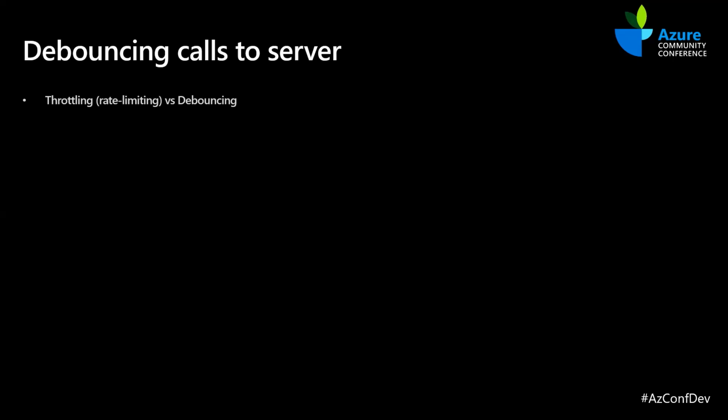So debouncing is, you wait for a period of inactivity before you generate the request to the backend. So let's say you have a burst of 50 requests. You don't immediately write all 50 requests. You essentially wait for some threshold, let's say 500 milliseconds. And if no further requests are generated after 500 milliseconds, you coalesce all the events together and send one request to the backend. So that's debouncing. Rate limiting is different.